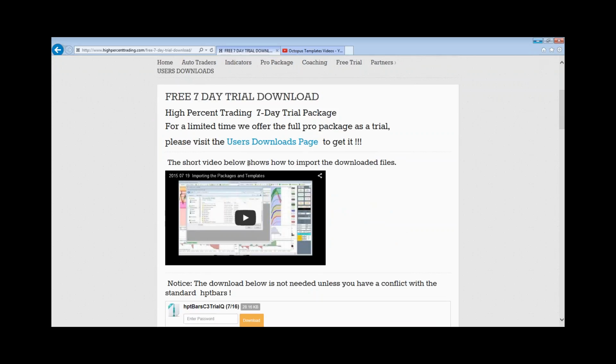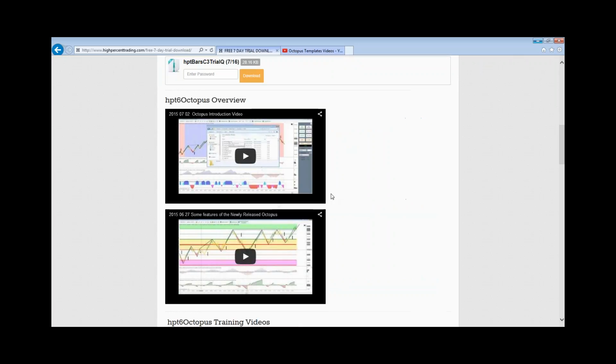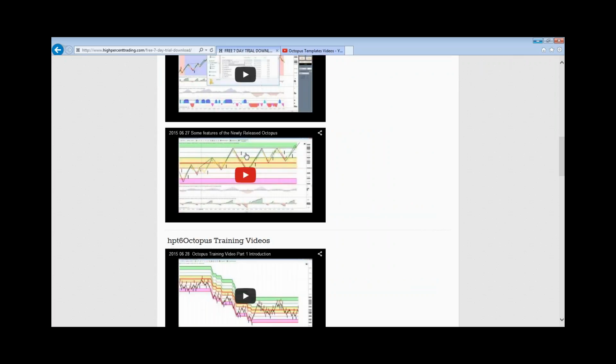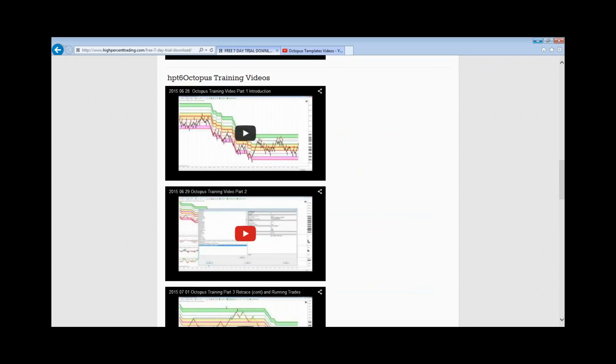The short video below shows how to import and download the files. Go through that one. Okay, then it'll give you an overview for the Octopus. This will give you some new features. All right, now these are pretty detailed. Training video 1, 2, and 3, we're really getting into the nuts and bolts of this, so you could skip these 3 at the beginning,